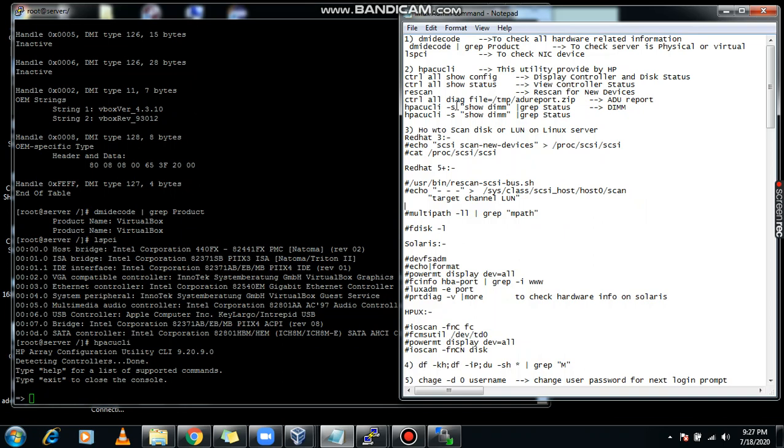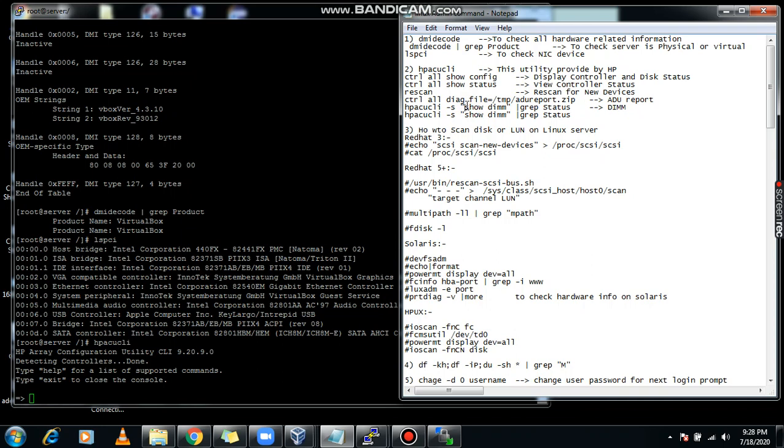If your environment has multiple HP servers, you will get this utility, or you can download it from the internet and use it. Using this utility you can easily get information about your disk, DIMM, controller, and whatever information you require.